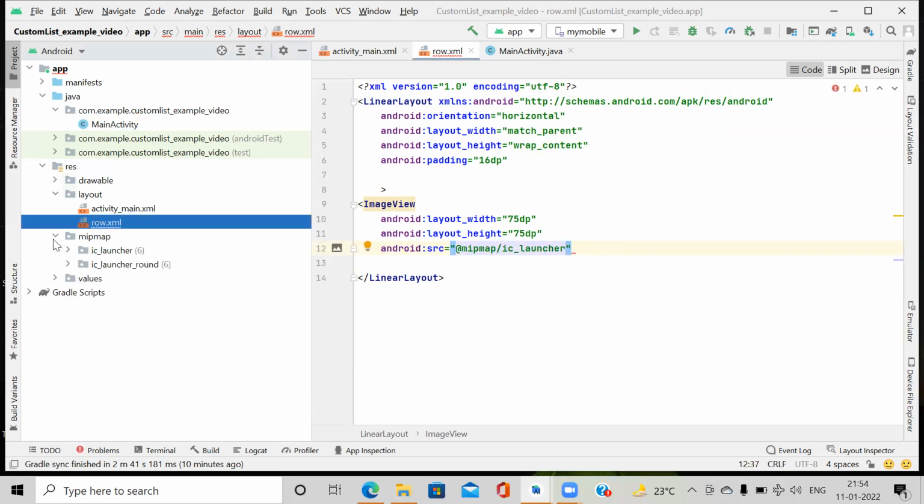Here we find the IC launchers are there, so we give its path for the image. If the image is not displayed, it will display the default image. Before we close it, here also we give some padding.